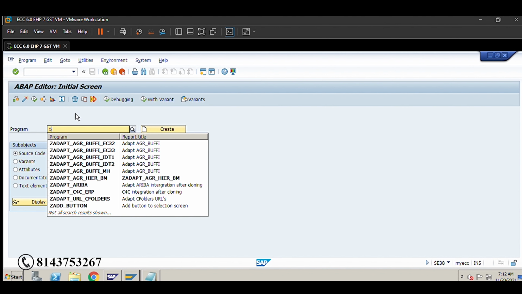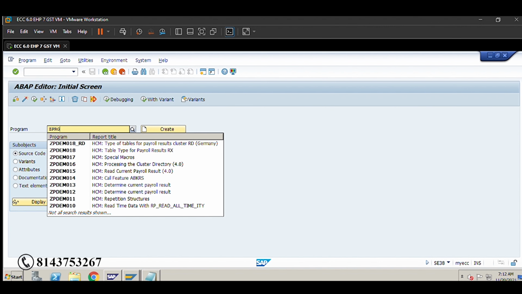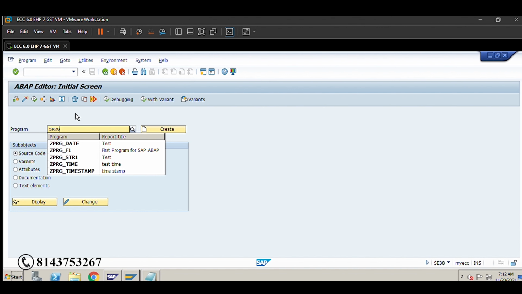We discussed initially that objects starting with Z or Y are custom objects, and objects starting with A to X are standard objects. So we will write a custom program. We cannot create any standard program.